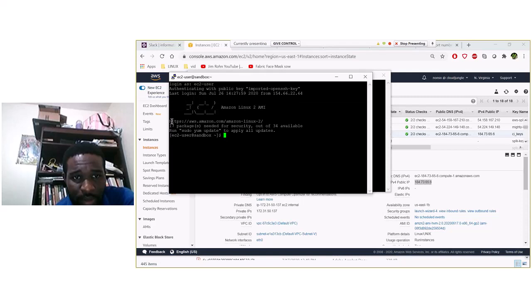Then it says Amazon Linux. Then it says 17 packages needed for security out of 34 available. Asking us to run yum update to apply all these updates. So this is also part of what you do in the field. As a security expert, you ensure that people run the latest version of software,